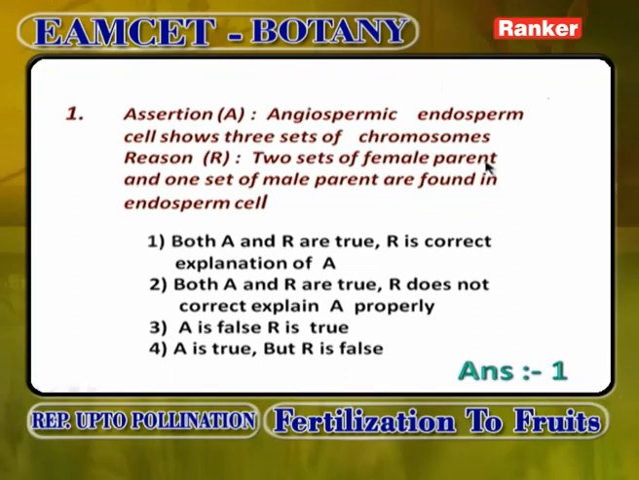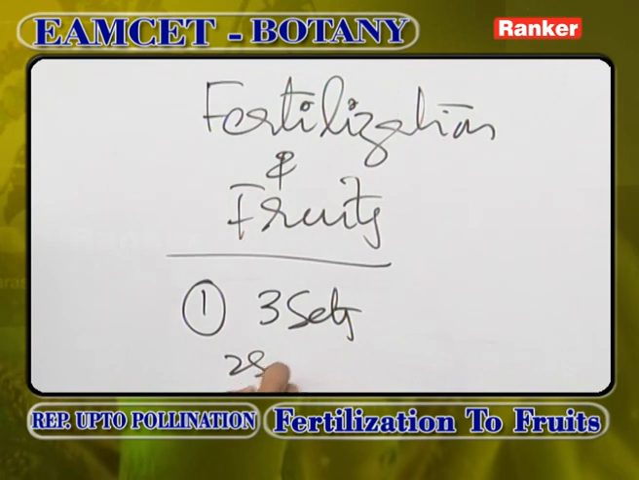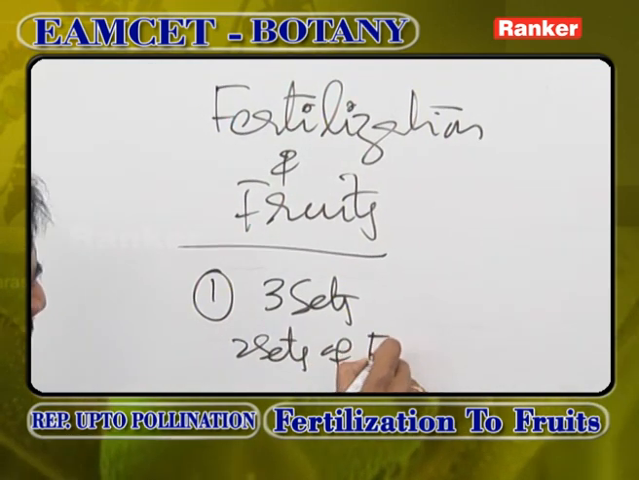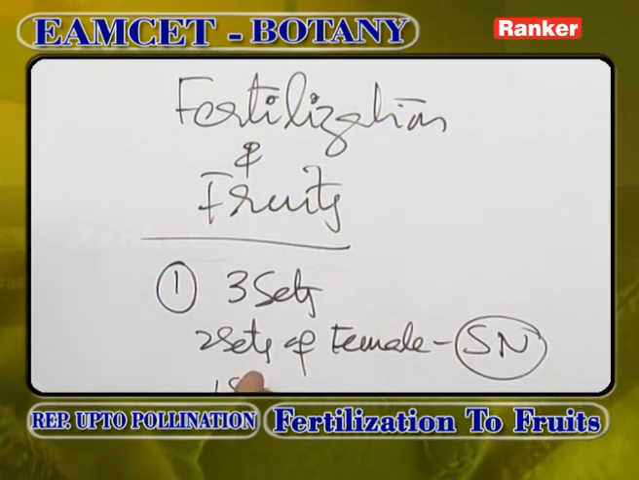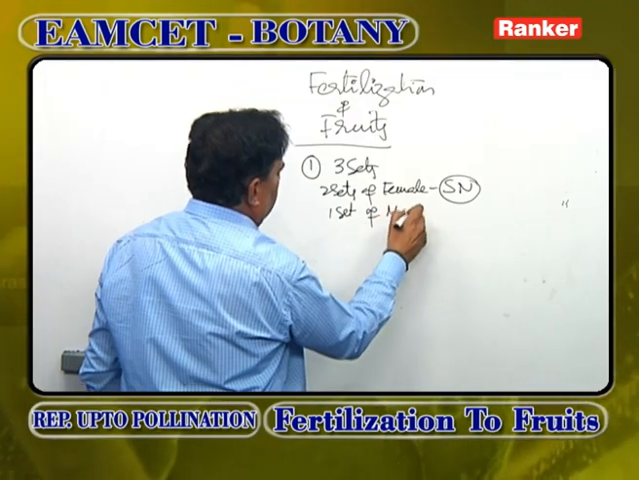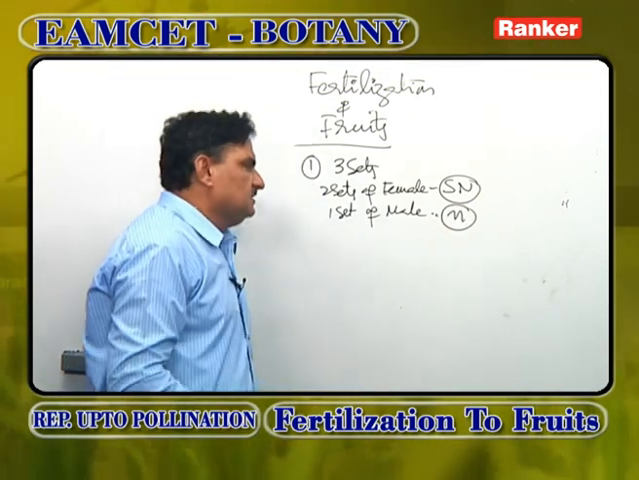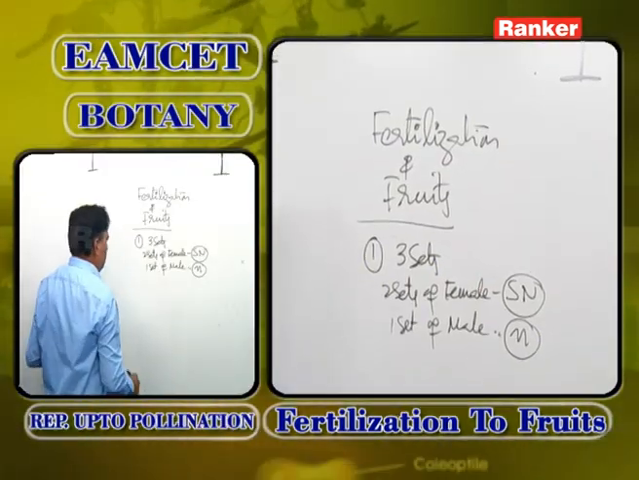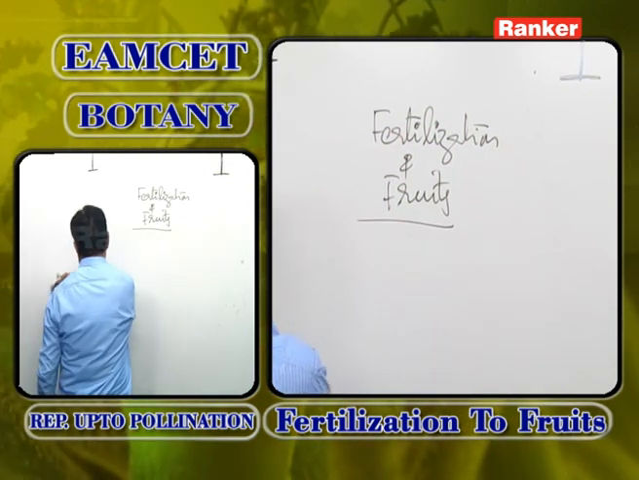Two sets of female parent and one set of male parent are found in endosperm. The answer is 1. Why? Because there are 3 sets of chromosomes, 2 sets of female parent. What are the 2 sets of female parent? Secondary nucleus. One set of male parent. What is the one set of male parent? Male gamete. So one set of male parent, the male gamete, and 2 sets of female parent, the secondary nucleus, fuse to form